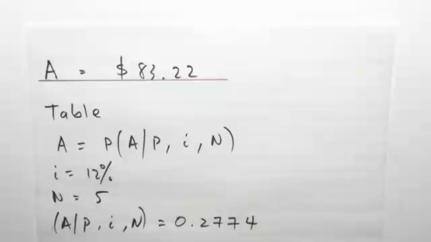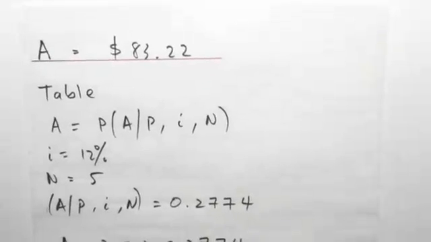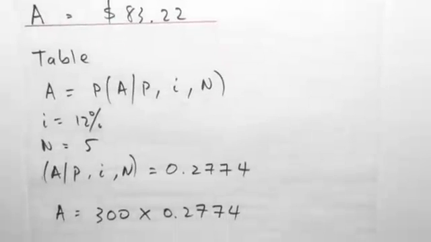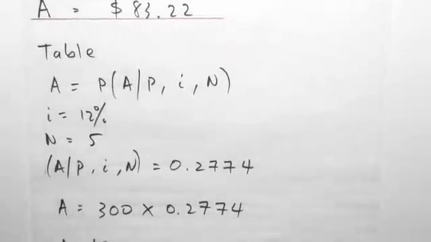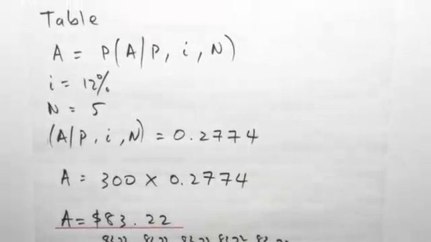Now if we were to do this using the interest rate table method, we simply write A equals P times (A/P, I, N). We know I is 12%, we know N is 5 periods, so we look at the back of our book and go to the column that says finding A given P, I, and N, and we will find that the factor that we multiply the present value with is 0.2774. So the annuity equals P, 300, times 0.2774, and we get the exact same annuity amount,